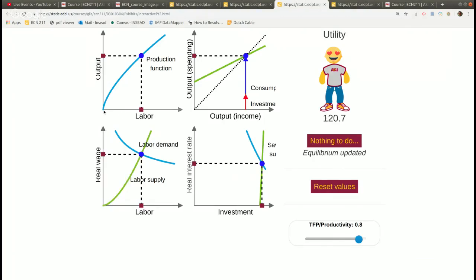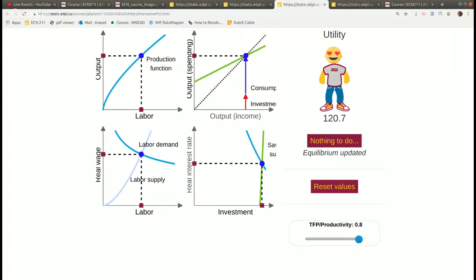So we're going from being able to produce more to that production then resulting in higher income. But that higher income results in more spending. But part of the higher income also results in more saving. And it moves the interest rate around. And the final thing that happens is the labor supply curve will move a little because people will realize that